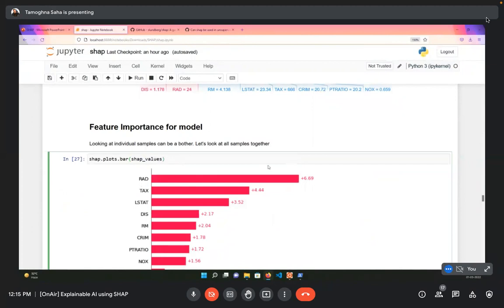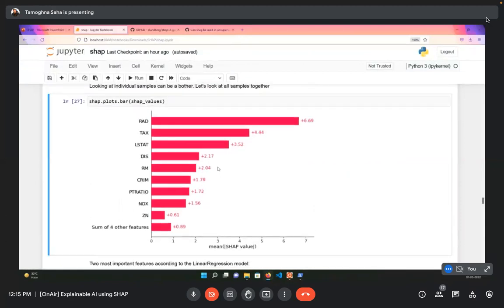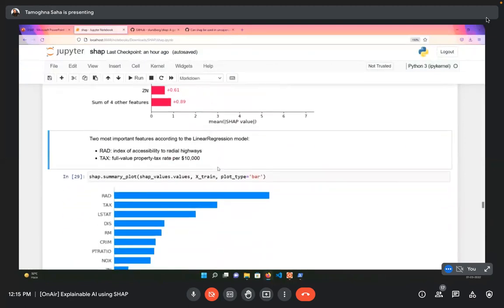This shows the average Shapley value for RAD, for TAX, for LSTAT, and this is what we get as the global explanation for that model. The two most important features according to the linear regression model are RAD, the index of accessibility to radial highways, and TAX, the full-value property tax rate per $10,000. According to the linear regression model we have trained, these have the most importance and impact. That is how you can do it.